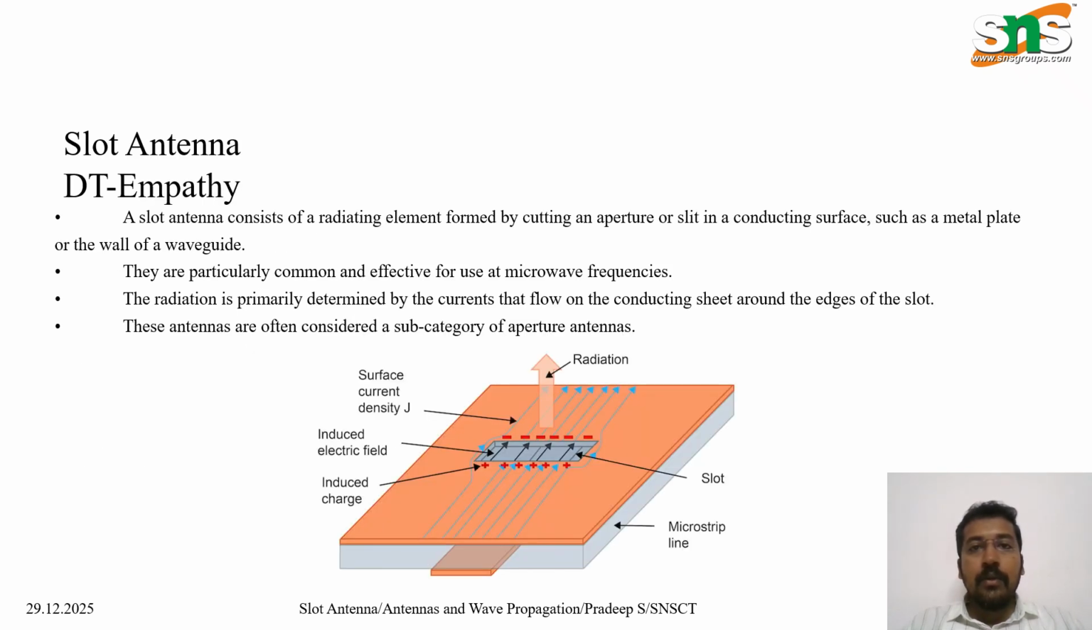So today I am going to discuss the slot antenna, which is a type of aperture antenna. It is created by cutting a narrow slot in a conducting surface such as a metal plate or waveguide wall. Slot antennas are commonly used at microwave frequencies. The radiation is produced by the current distribution around the edges of the slot, making them efficient and simple radiating